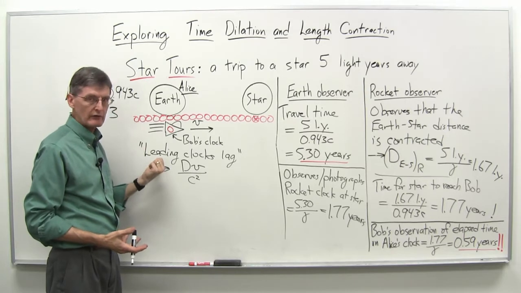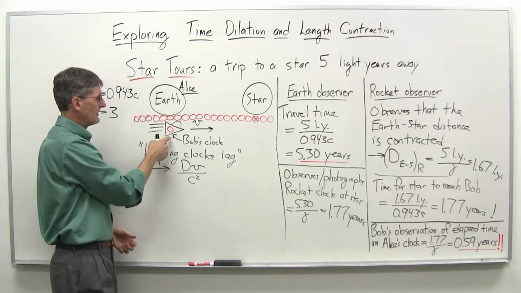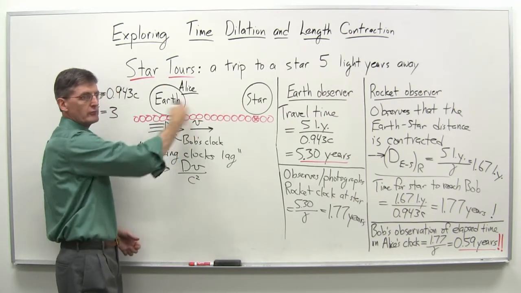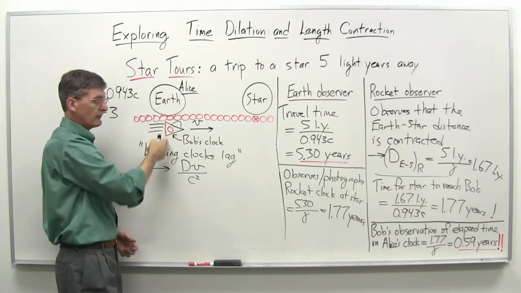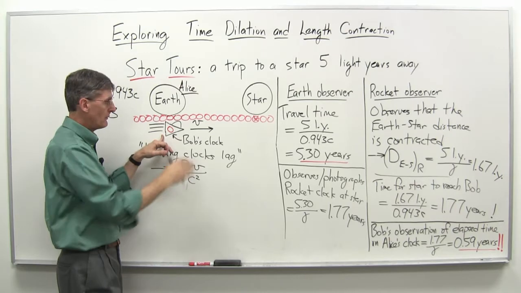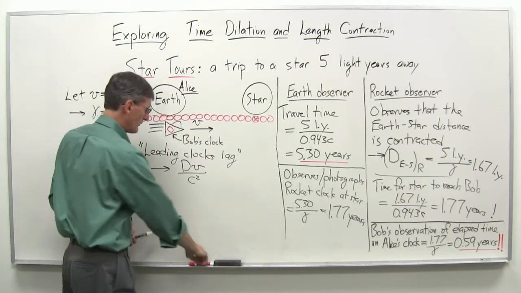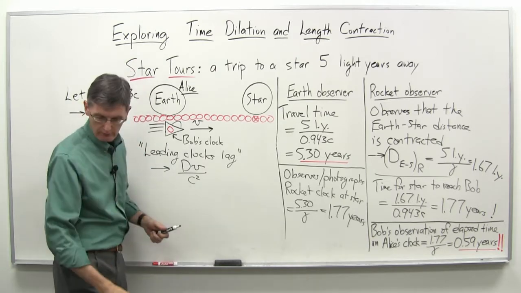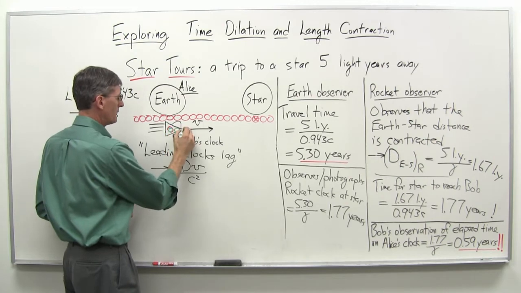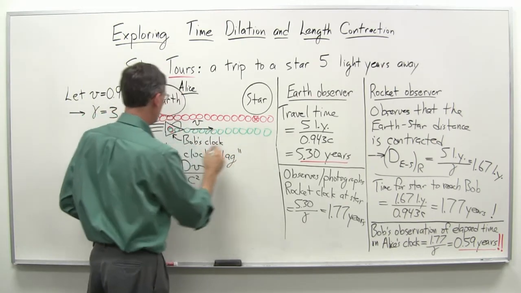Well, it's the leading clocks lag factor. It's the relativity of simultaneity. Because at the beginning here, right when Bob is next to Earth, the star is moving toward him, these clocks, they both read 0. Well, at that point, for Bob, if he had his whole lattice of clocks here and took photographs, so Bob has his own lattice of clocks. Let's find my green pen here. So Bob, I guess we'll make that green there, but Bob has his own lattice of clocks, imaginary, of course,